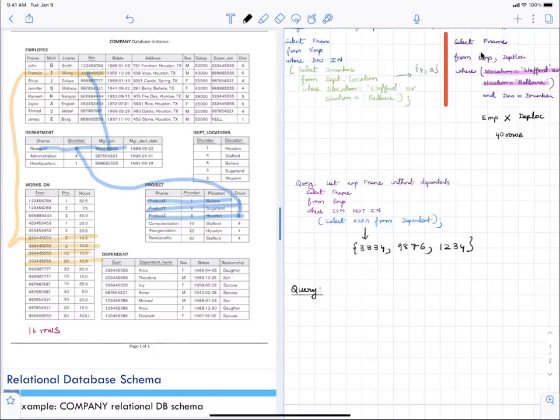Does anyone have any questions on this? So let me just do a few more queries with the in operator. So let's look at this next query: list employees who don't work on any projects.